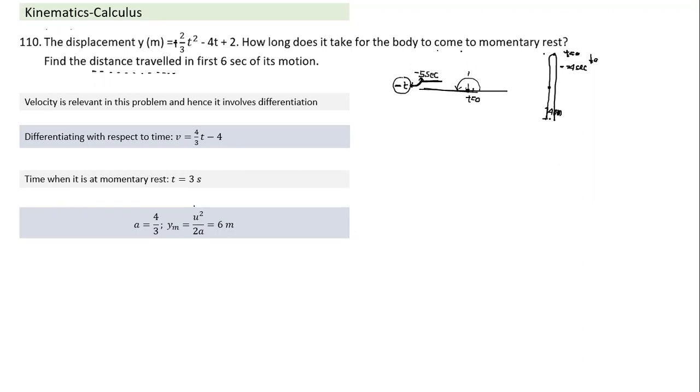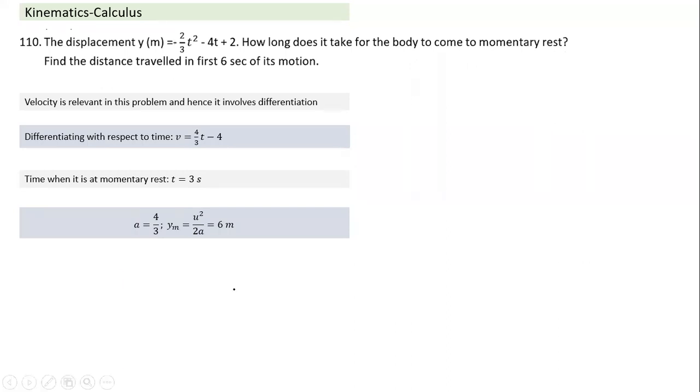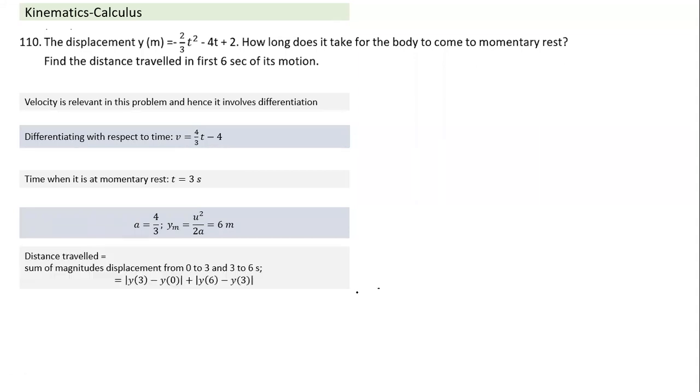Is this clear? Yes, sir. Okay, so I'm just saying normally this kind of question is very unlikely to come, but if it comes also, yes, sometimes they're just to trouble, to test the students' understanding. If they ask something, yes, it can be done like that. Okay, now question comes here again, distance traveled in first 6 seconds of motion.